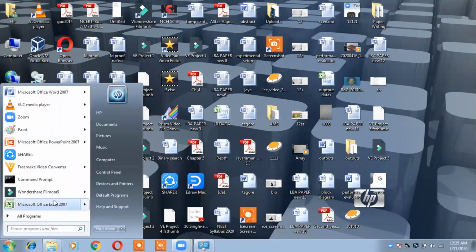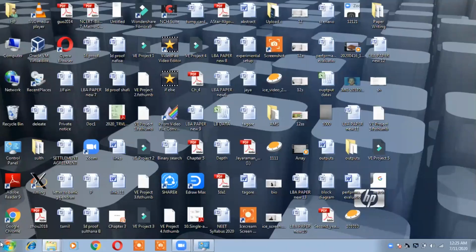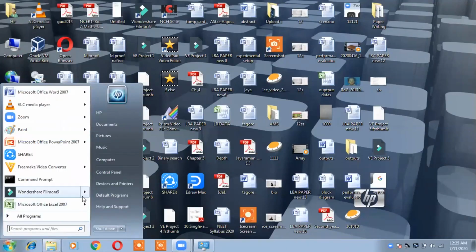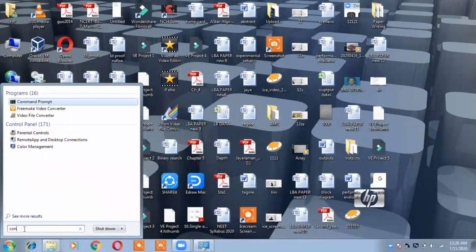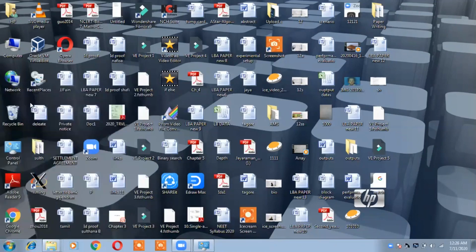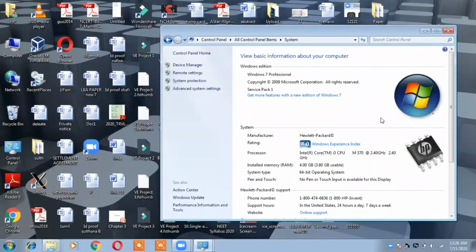Before installing JDK, check your system configuration. Why do we need to check our system configuration? Since JDK is platform dependent, we need to find out on which platform we are going to install our JDK. So go to Control Panel. In this Control Panel, click the option System. You can find your system configuration. In my system, I have installed the Windows operating system and my system type is 64-bit operating system. I need to select JDK for this particular platform.